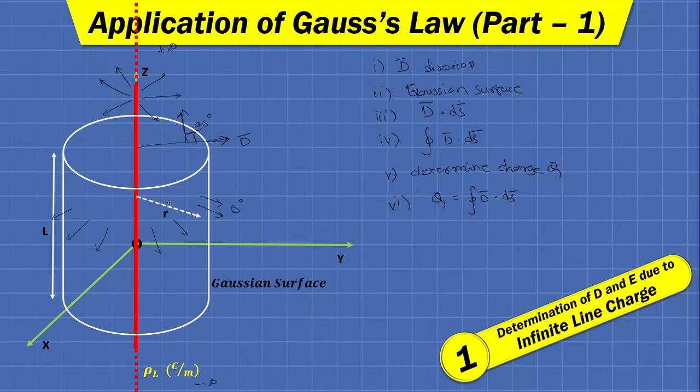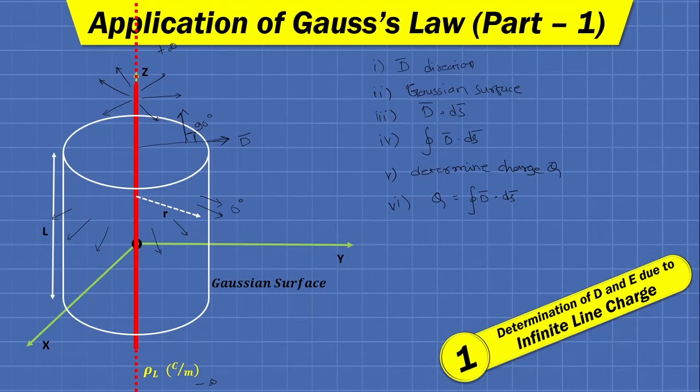So with this understanding, the derivation is very simple. The important thing here is to understand why we are using this shape of Gaussian surface, and why we are using the cylindrical coordinate system to solve this case. Only because of simplicity and our easiness. So now that we are clear why we have selected a cylinder, it is only because of the symmetry of the charge.